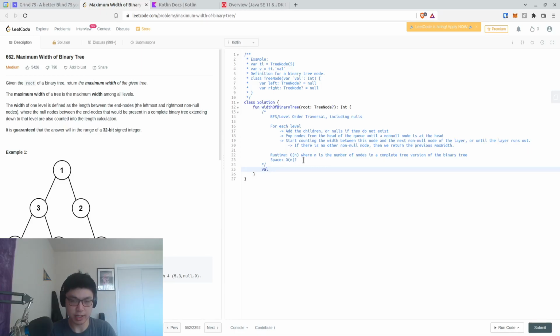So we'll get started by doing a queue, which will be a linked list of tree node nullables. And we'll add our root in there. Of course, we'll also say if our root is null, then return 0, because I don't think there's any width if we just start with null. We'll have a var max width that starts at 0, which should be fine for now. We'll say while queue is not empty,